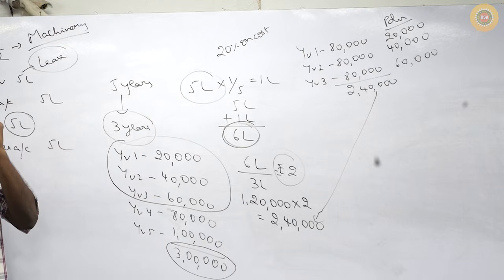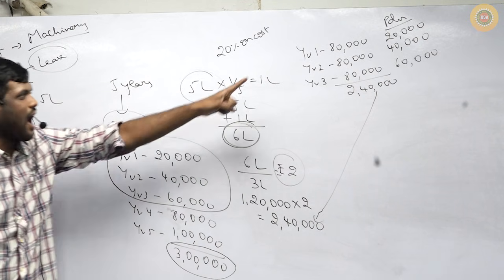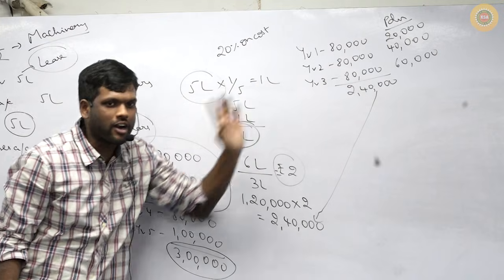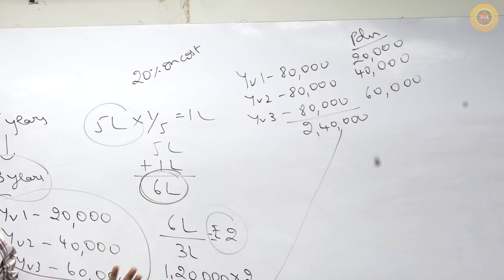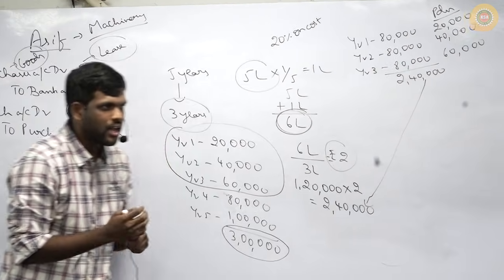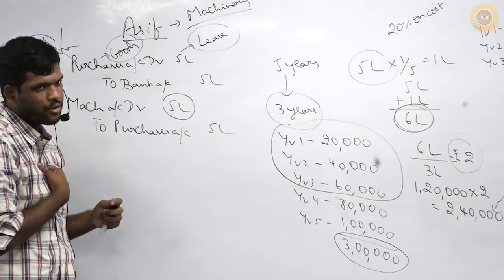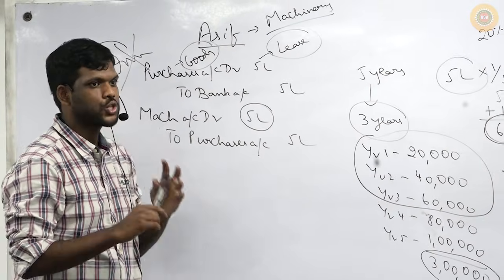Please listen. I have taken it on lease for 3 years. I will manufacture 20, 40, 60. As per the agreement, 80, 80, 80. Okay. Everyone look here. Listen. Now I have to pass entry in my books. Asif also has to pass entry in his books.